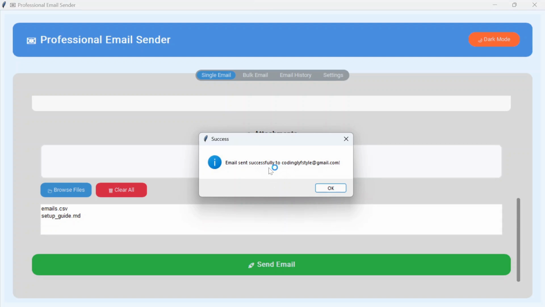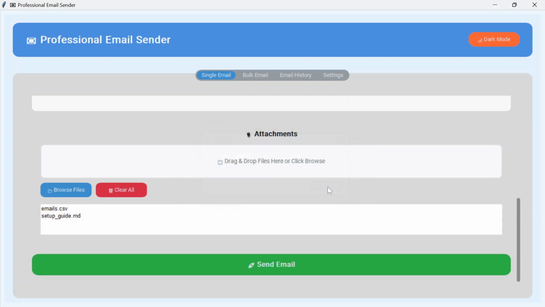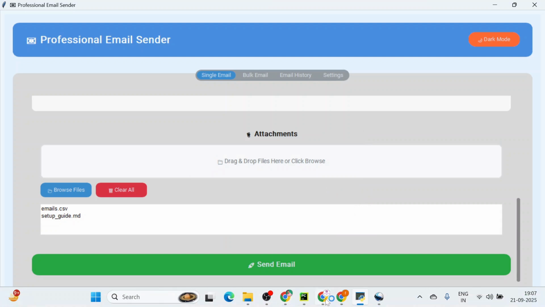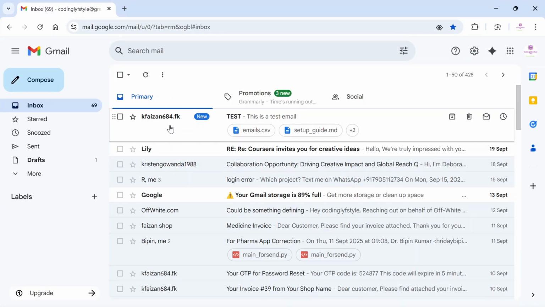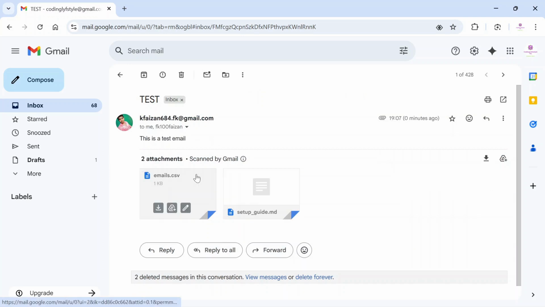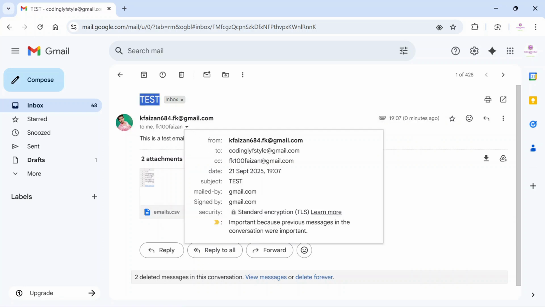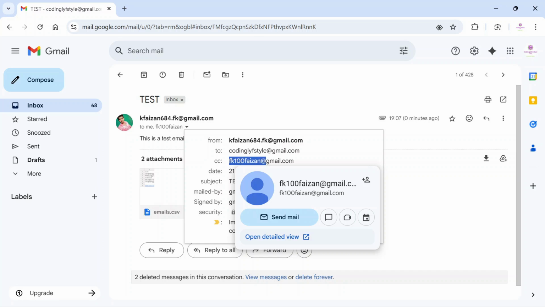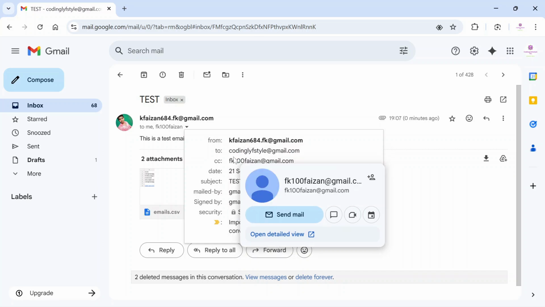So email is sent successfully. Now we can go to the email, and you can check here. You have received two attachments, and this is the body and this is the subject. Okay, and here you can see the CC email as well. So to and CC both can see each other. Okay,